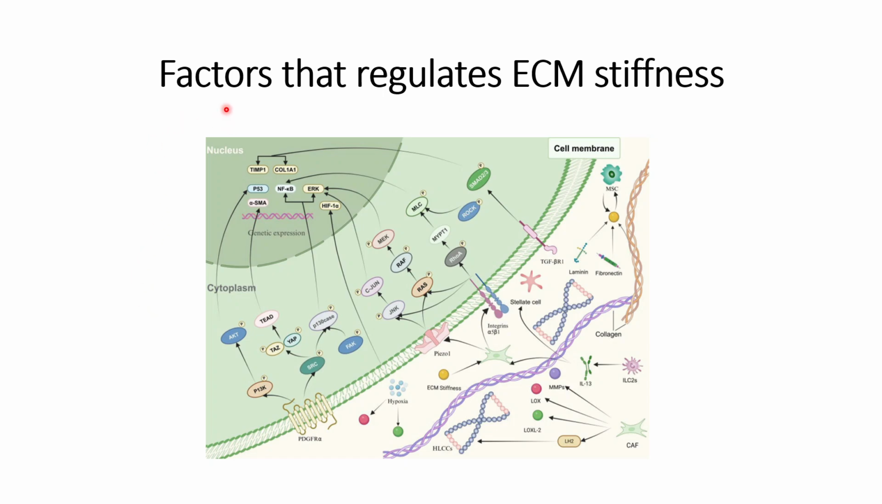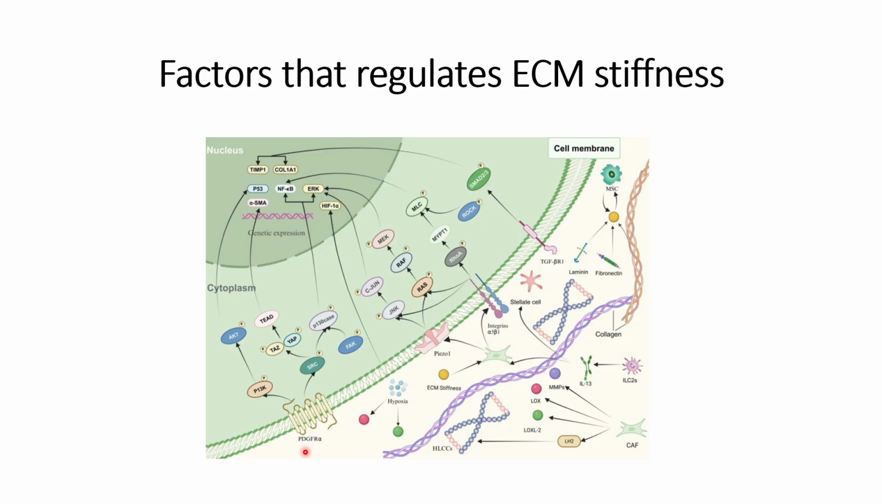In this video, we will discuss some of the key factors and signaling pathways that regulate ECM stiffness. So, first we will understand how the stiff matrices interact with the cancer cells. They mainly interact with these three receptors towards this ECM stiffness strengthening, that is integrin beta 1, Piezo1